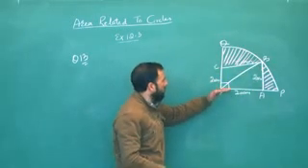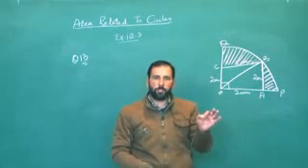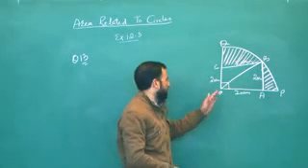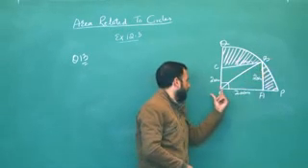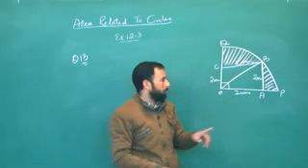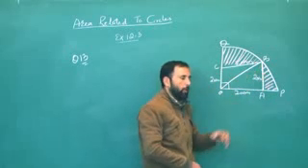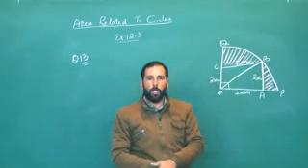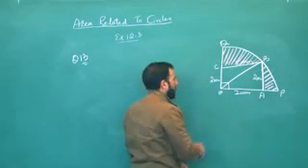OB is the radius of this quadrant. The definition of the radius is a line segment with one end point on the center and the other on the circumference of a circle. That means OB is the radius of the circle as well as the diagonal of the square OABC. And we know that the diagonal of a square divides the square into two right triangles. So here we have a right triangle